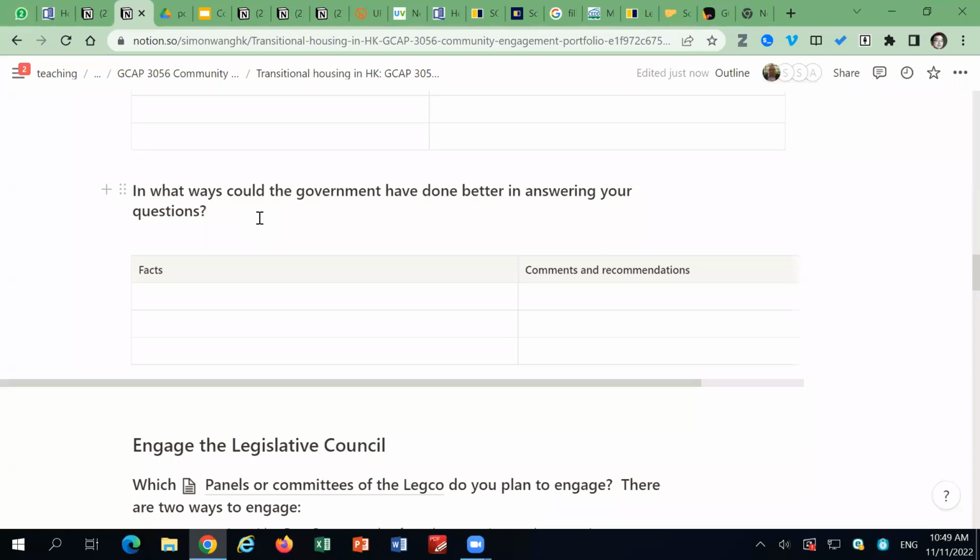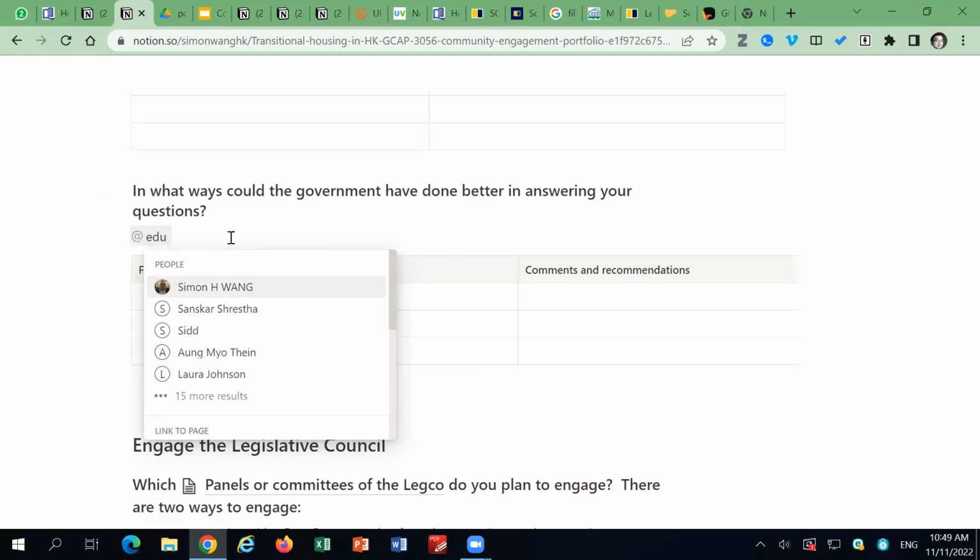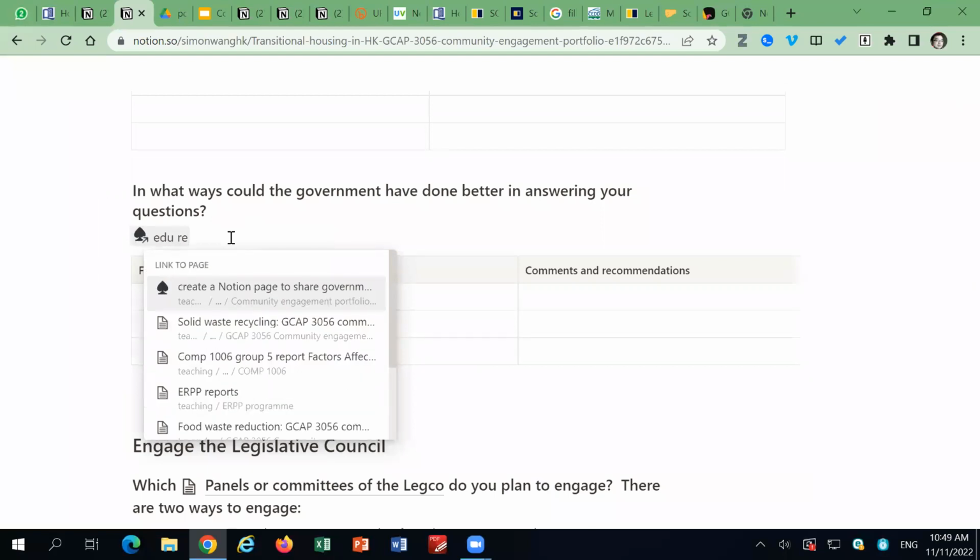I really hope each team can work on this, because I want to do some review of each department or bureau that we've been communicating with. In fact, I want to start with the Education Bureau, because it seems like the Education Bureau is not doing a very good job